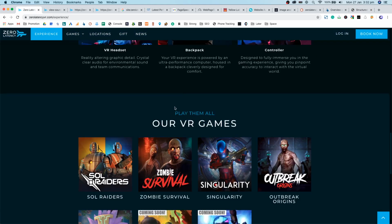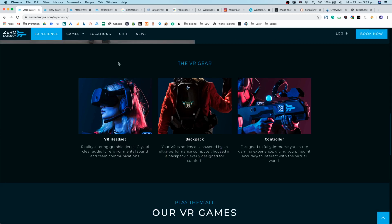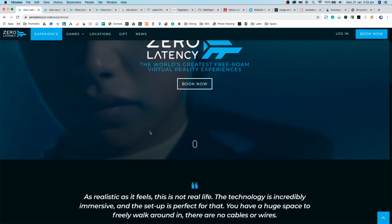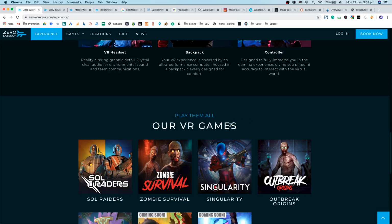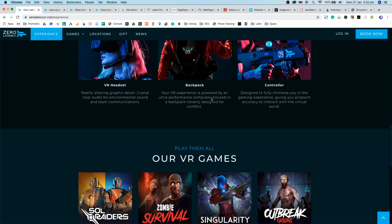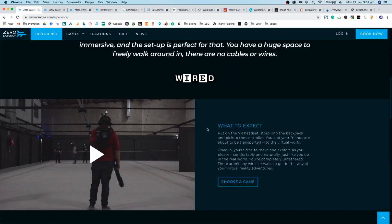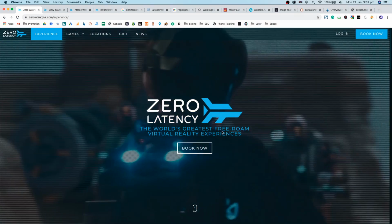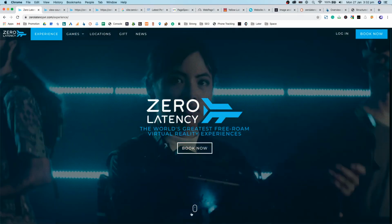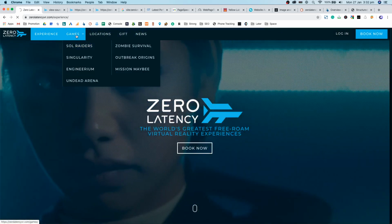This page in general is effectively the homepage. It doesn't have much new information. So having a new tab for it doesn't add too much value. I'd suggest creating new sections that show what the experience is and a little bit more about the gear and the technology, what you're backed by, as opposed to just showing very similar information that's on the homepage already. So definitely don't just duplicate content, have something unique there. I definitely like this though, everyone knows what that means. So their games,